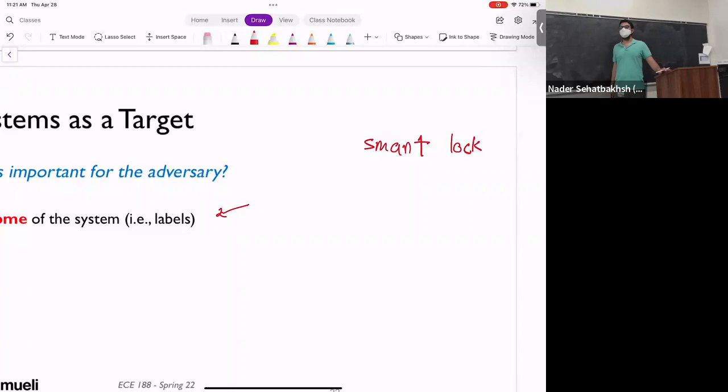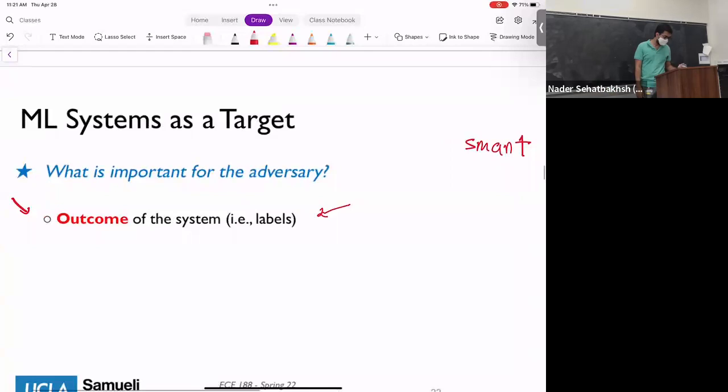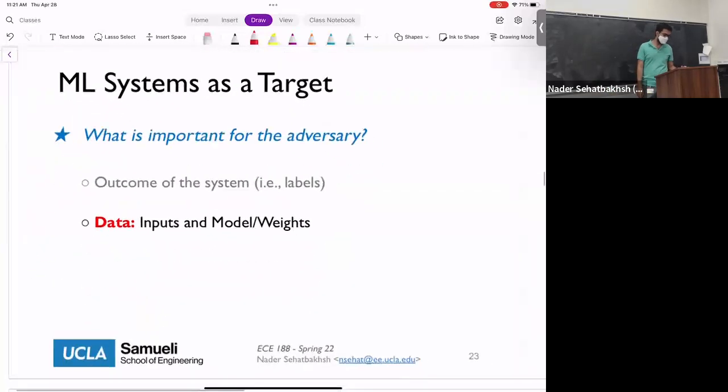And what you want to do as an adversary is fool the system, force it to make a wrong decision. So as a random person, you're hoping that if you manage to somehow change the system, as we're going to discuss, you can force the system to actually unlock. And this is purely machine learning. It's not attacking the system using memory safety or faults or anything else. We're actually just focusing on the machine learning part of the system, and we're going to show how an intelligent adversary can force the system to make the wrong decision. Okay? So the outcome of the system is one thing that the adversary can target.